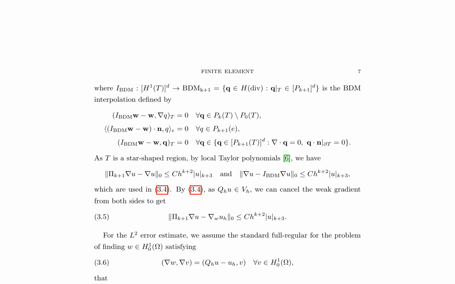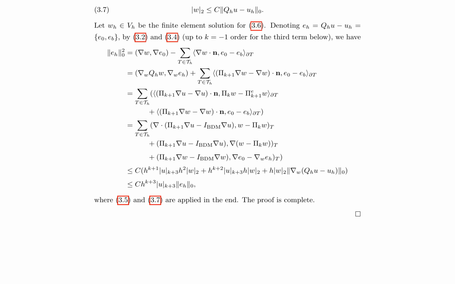To derive error estimates, a combination of interpolation and consistency errors is employed. The interpolation error is controlled using local Taylor polynomials, while the consistency error is bounded using the standard full regularity assumption for the problem. The final estimate shows that the L2 error of the solution is of order O(h^{k+3}), where h is the mesh size and k is the polynomial degree of the finite element